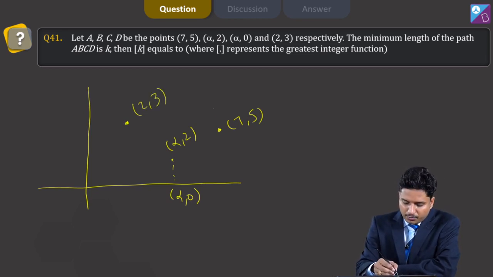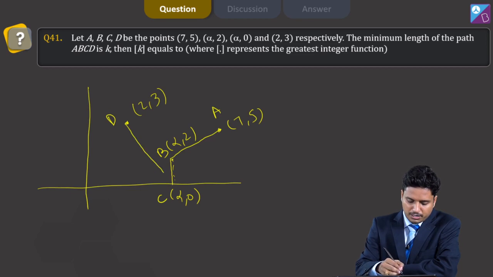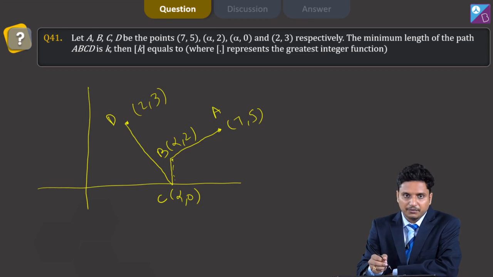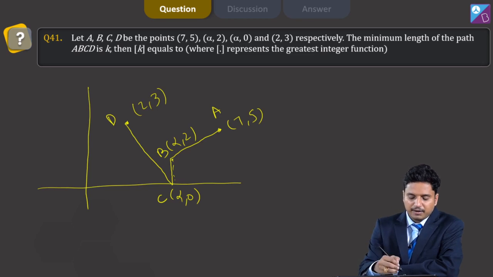So this is your point A, this is your point B, this is your point C, and this is your point D. What you have to minimize is this path ABCD. That means you have to minimize this A, B, C, and then we are going to D, this path. So first of all, these 4 points are involved. Sometimes you have solved these questions where you have to minimize AB plus AC, in which case you actually use the image of point D in the line with respect to which we are solving the question. But in this case there are 4 points involved.